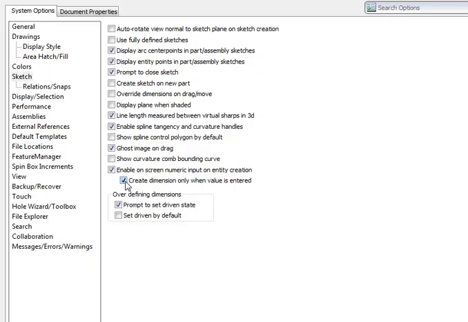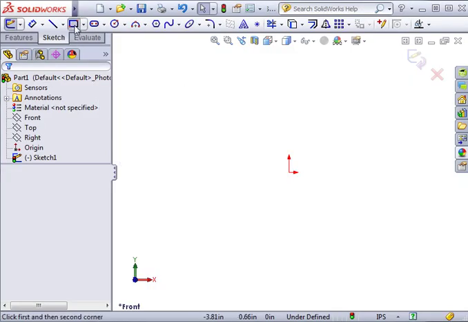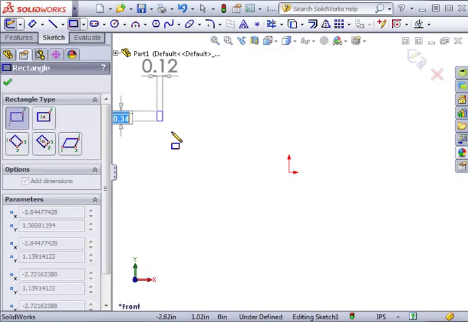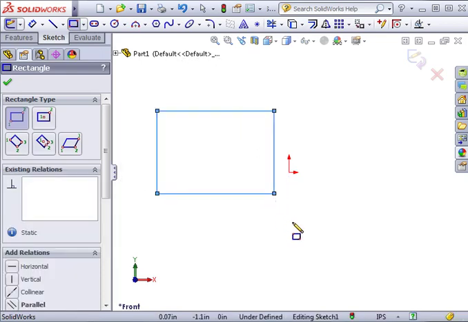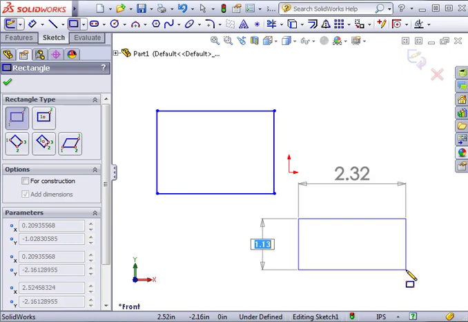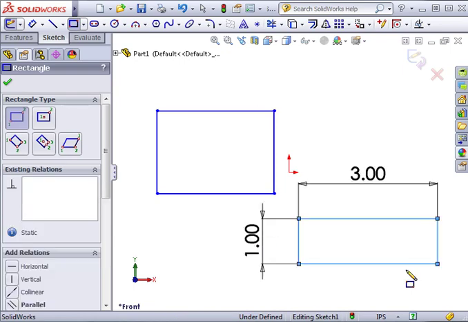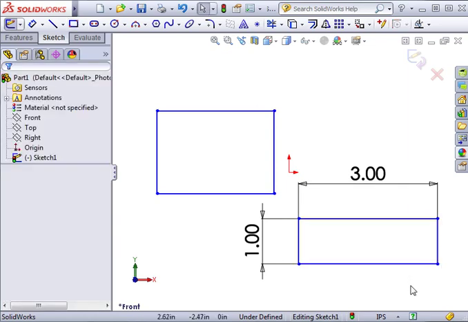Instead, with the setting turned on, notice that if I sketch a rectangle, the dimensions still appear. But if I click to finish, no dimensions are created. I'll sketch another rectangle, and if I instead type in values from my keyboard and press the Enter key on the keyboard, the dimensions are added to the sketch. So if you don't want dimensions, just click to sketch as normal, and if you want the dimension added, press